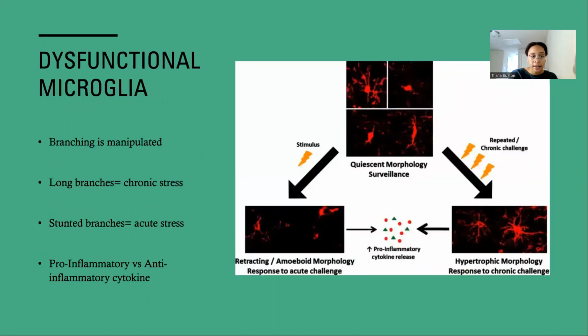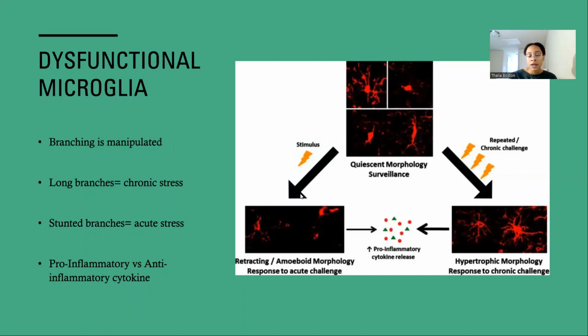So like I hinted at in the last slide, when we do undergo stress, our body is basically in a state of shock, and it is trying to process what is going on in our environment and relate it to what's going on internally in our cells. So what is manipulated here is the branching of the microglial cells. Here I attached an image from a random experiment I saw online, and I liked this experiment because it showed visually what happens to the microglial cells under different types of stress. That's why I introduced what the different types of stress are, so you know what we're going to be talking about here.